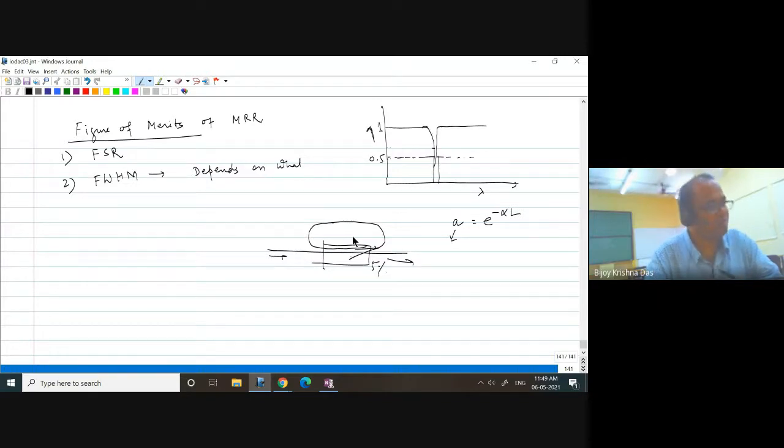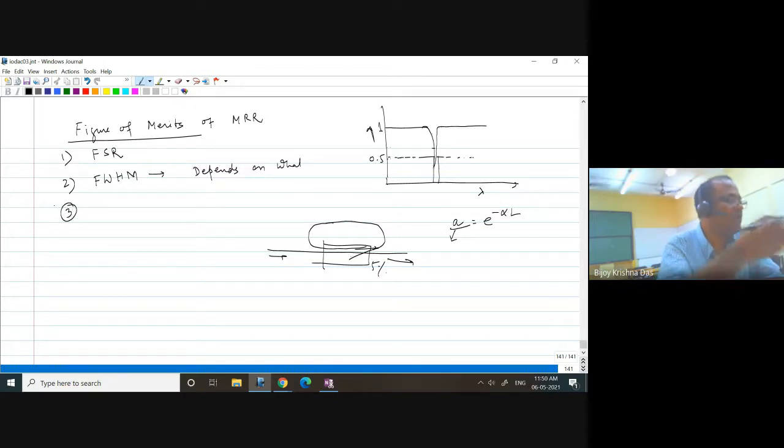Because every round trip, how much will be coming out also matters. And how much loss there is also matters. So depending on that, this FWHM, the full width at half maximum, depends. FWHM, from a practical point of view, is fine as a good figure of merit, but we have defined